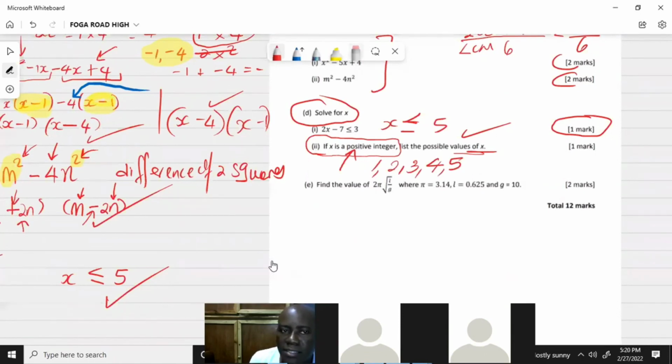Remember, this question told us that x is less than or equal to 5, which means we're looking for values less than or equal to 5, but they must be integers and they have to be positive. And we're saying